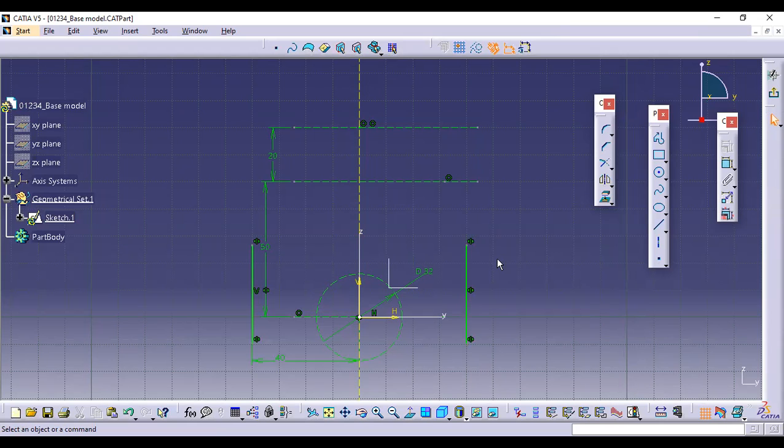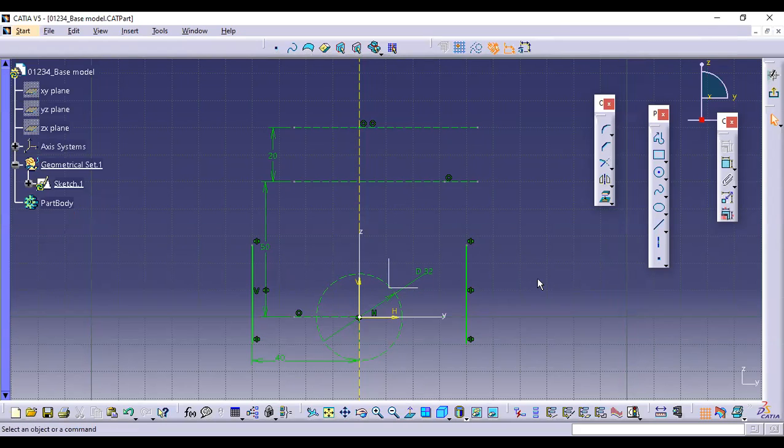This is user friendly. Once you see how to do this, it will be easy for you to understand every command. Once you click on this, just have a look at the bottom left side. It will guide you, it will tell you what to do next. Okay, so we are done with this. Now we can say this is 40, and the total is 80. So just let us try to